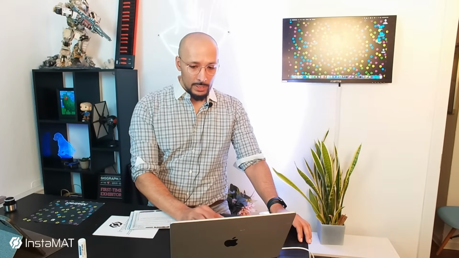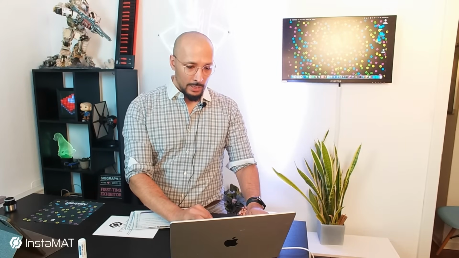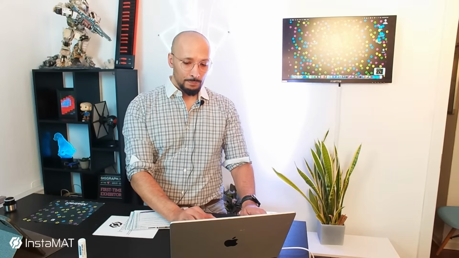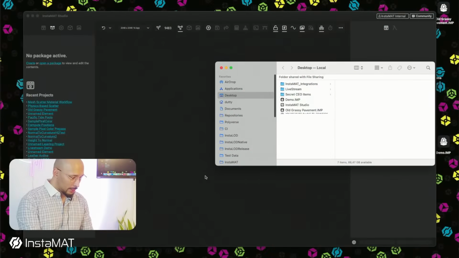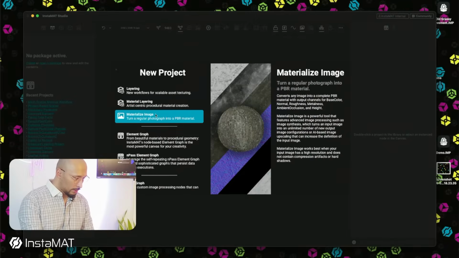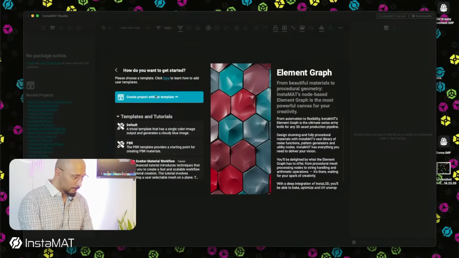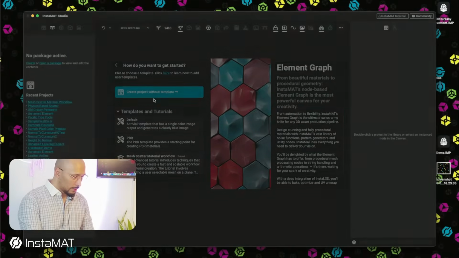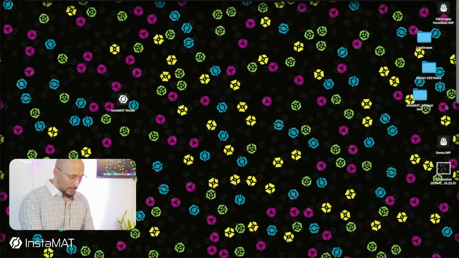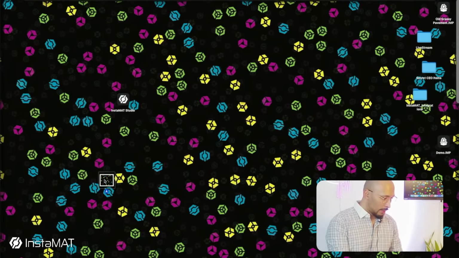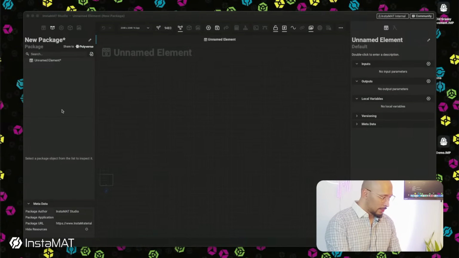Another great feature, I'm not sure if I have means to demo this here. Let me see. I don't think so, but if I would just create, say I'm going to create a screen cap of this right here, it's going to save this small screenshot to my desktop, and then I'll create a package. Let's create an element graph, just like this, and I'll bring in that screenshot. Let's just rename this to A. I'll bring in that A into my package,